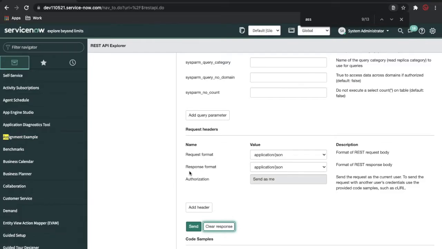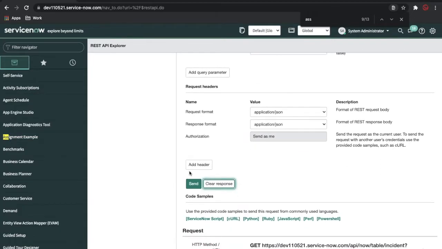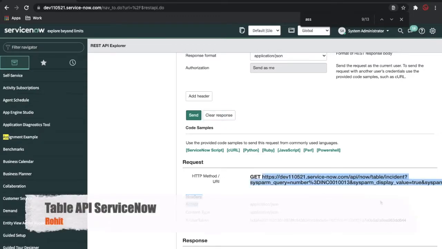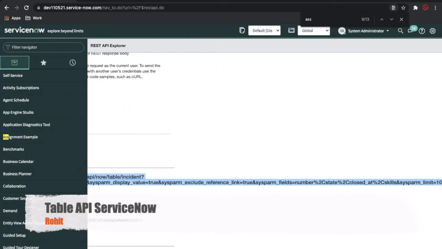Once you have set all these things, how can you pass this information to the third party? Every time you call a get call, you will get an endpoint. For a get call, we don't need any data, so we need an endpoint. Copy this endpoint and pass it to the third party. This is the endpoint they are actually looking for.